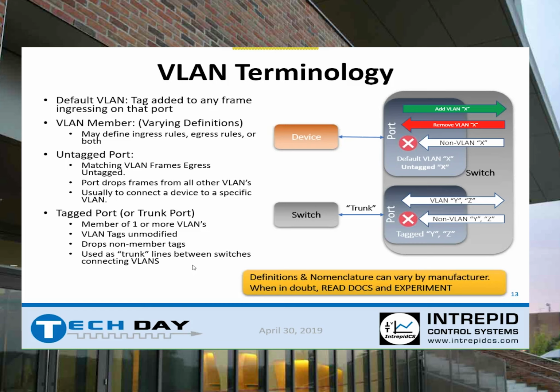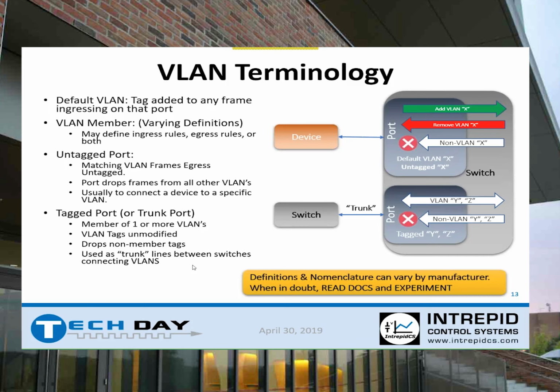So I have a little tag at the bottom here: make sure that you understand the nomenclature of the devices that you're using. I've looked at Broadcom, NXP, and Marvell, and the terms and the concepts are the same, but the nomenclature can be